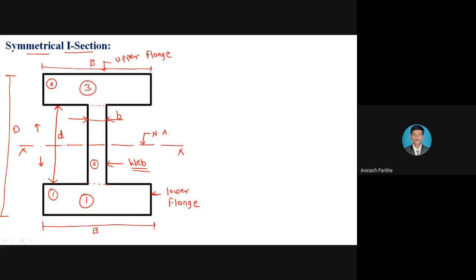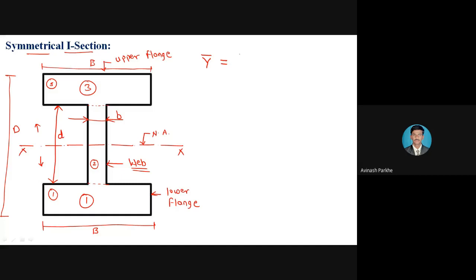Now for this section, if I have to calculate the moment of inertia and the y bar, first of all, let us see the y bar distance. For a symmetrical section we can calculate the y bar using two important formulas. But as this section is symmetrical about the horizontal axis, the y bar is the total vertical distance divided by 2. What is the total vertical distance of this I section from the figure? Capital D. Capital D is the total vertical distance.